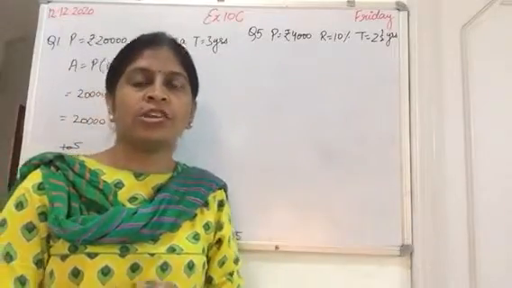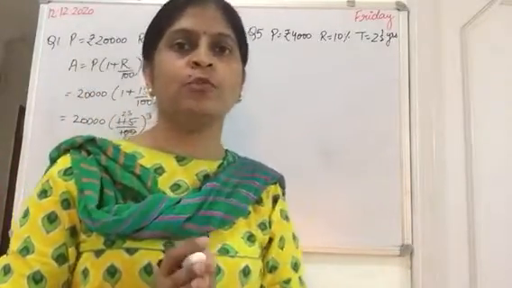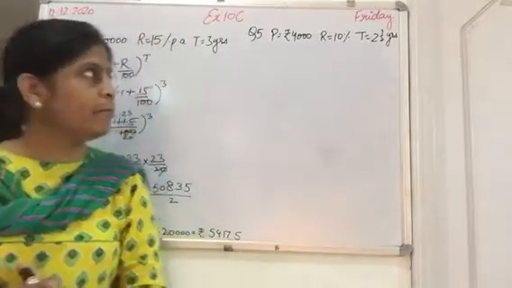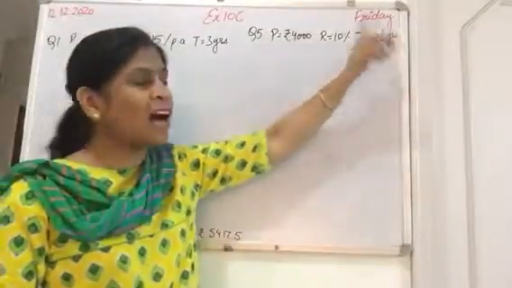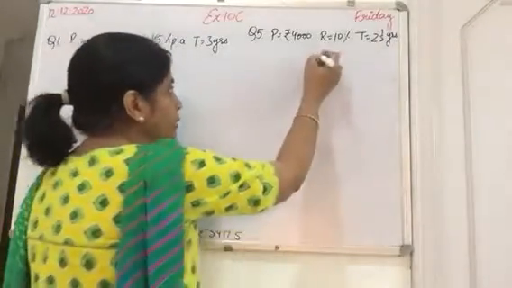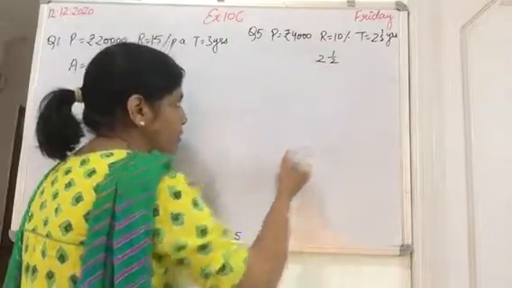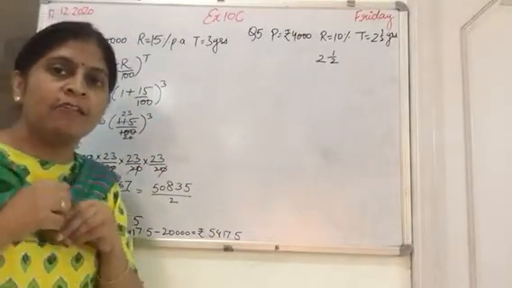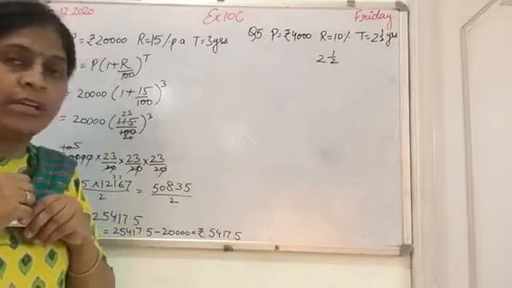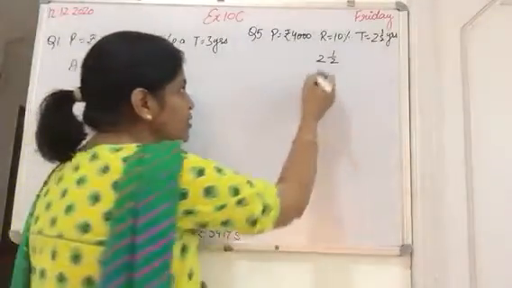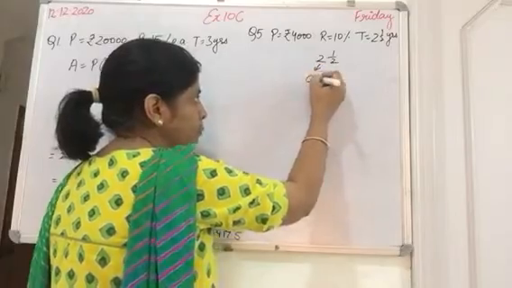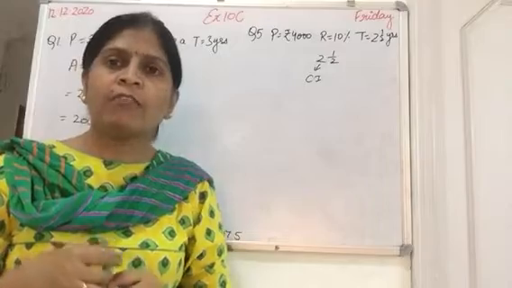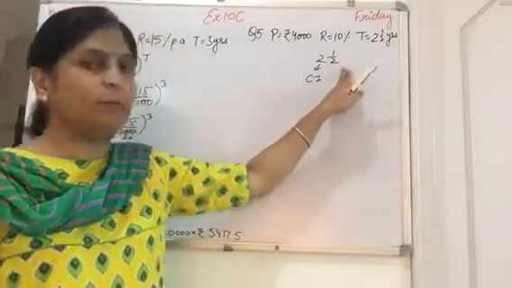Interest will be charged, if it is not written, it means we assume that it is on a yearly basis only. And when it is on a yearly basis, what will happen about this half year? Now look here. The bank says that the money has been deposited for 2.5 years, and the bank says we will give you the interest on a yearly basis only. So for these 2 years, we will calculate compound interest. But what will happen for this half year? If the bank will not give the interest, then the customer will be at a loss.